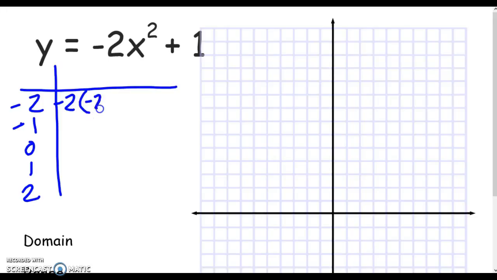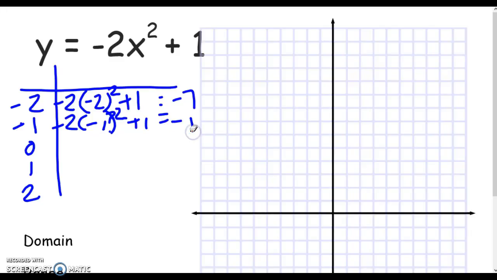-2 times -2 squared plus 1. Well, -2 squared is 4. Times a -2 now gives me a -8. Plus 1 gives me a -7. -2 times -1 squared plus 1. In this case, a -1 squared is 1 times a -2 is a -2 plus 1 is